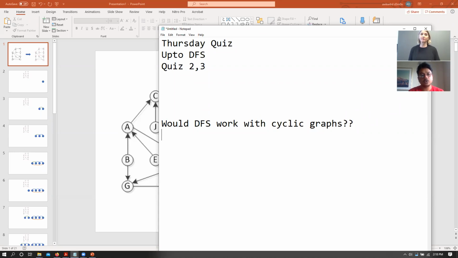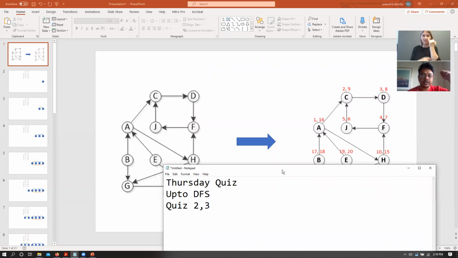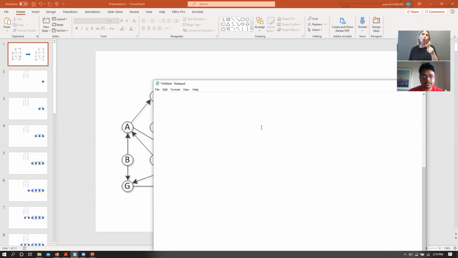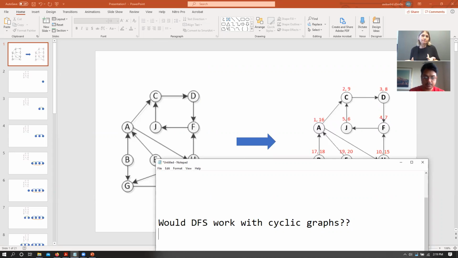Yes, right, because we are not looking at a particular node if it is already visited. So it would not waste any time looking at that node, and so it will not be stuck in any cycle, right? So the next question comes, so this graph does have a cycle, right? So once I apply DFS, I can sort this graph. But once I sort this graph, how do I detect if a particular graph has a cycle or not? Right?